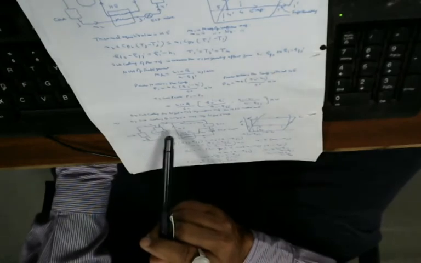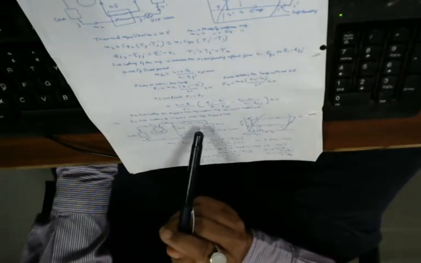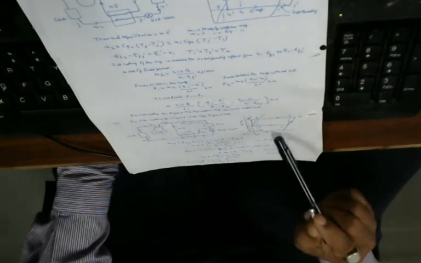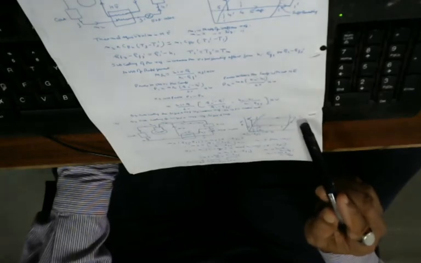So there is mixing of the two refrigerants, one coming from the evaporator side, another coming from the heat exchanger side. So on the pH diagram, if we draw 1 to 2, that is your compressor work,